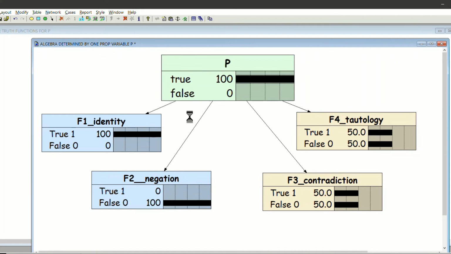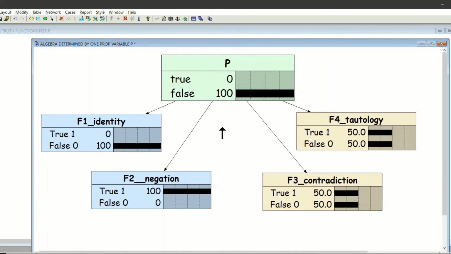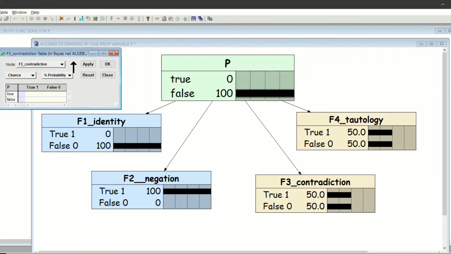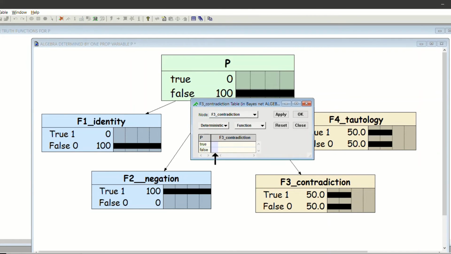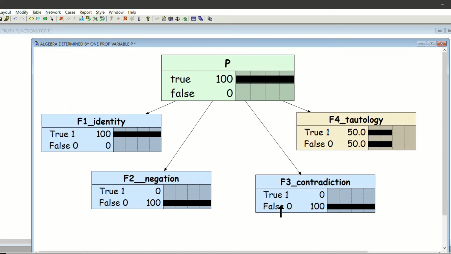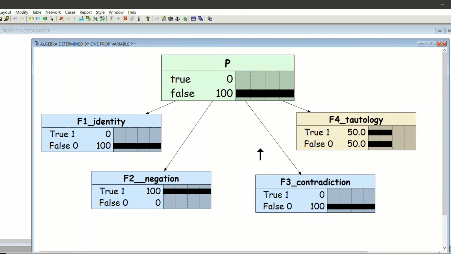How cool is that? Now, contradiction and tautology, well, we need to give a mapping for that. And so we say to Netica, okay, Netica, this is what you've got to do. Contradiction, if I give you true, you say false. If I give you false, you still say false anyway. So you always return false, no matter what. So we apply, and that's it. And if I go true, you sit still. I give you false, you sit still. You say nothing except false, false, false.